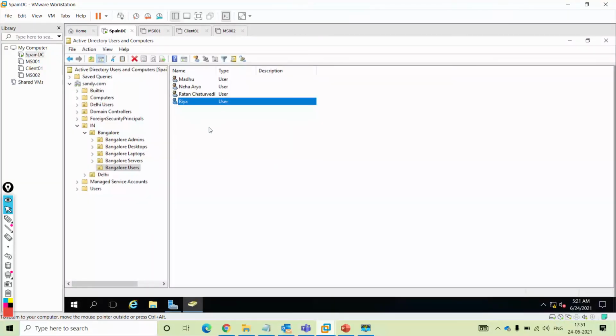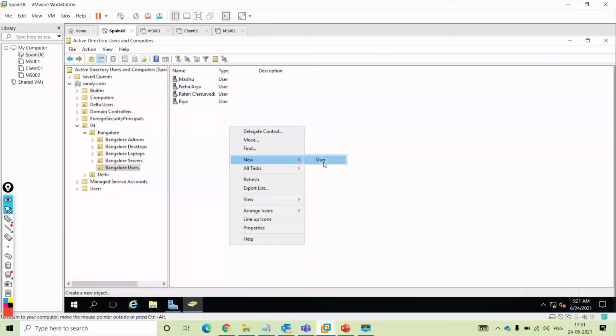She wants to create a user here. Right click, new user. So you can see if I right click new, she has only one thing, user. She doesn't have group, she doesn't have OU, anything. Whereas Simran is enterprise admin and administrator, so administrator is domain admin as well as enterprise admin.